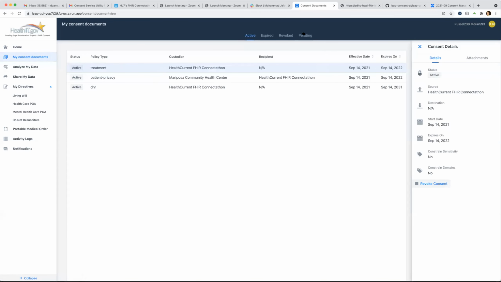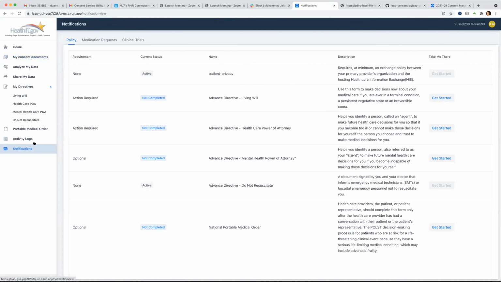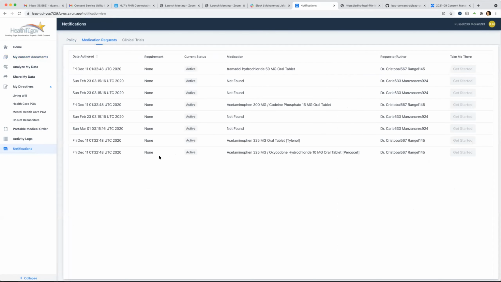So I can take that treatment and I can revoke that consent, okay, which shows up in another status here for this patient. If I go back to notifications, we should see that it's been removed from my list, okay? If I go to run the request again,